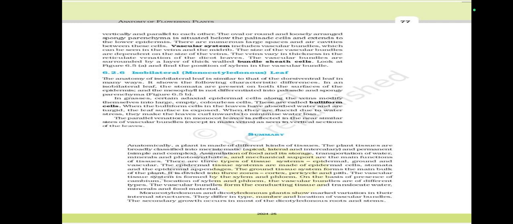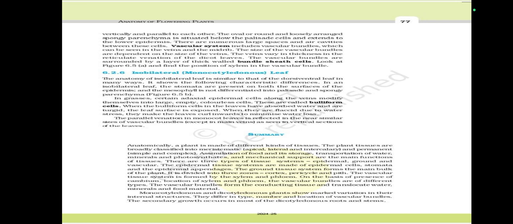There are three types of tissue systems: epidermal, ground, and vascular tissue system. The epidermal tissue system is made of epidermal cells, stomata, and the epidermal appendages. The ground tissue system forms the main bulk of the plant. The vascular tissue system is formed by the xylem and phloem. On the basis of the presence of cambium and the location of xylem and phloem,